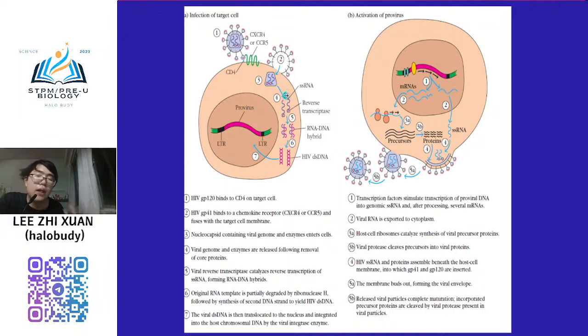Okay, so now you need to know about the mechanism of the virus. In general, the HIV virus has a spike protein, GP120 is the spike protein. It will directly bind to the CD4 accessory protein on the helper T cell. Okay, after that they will